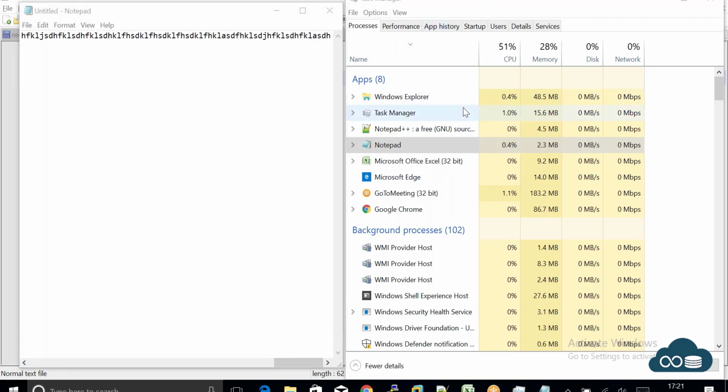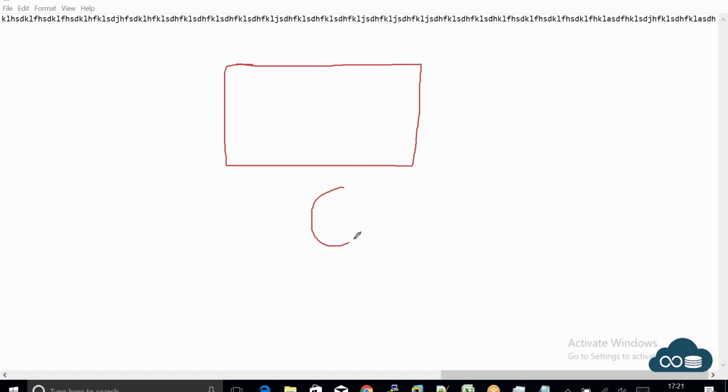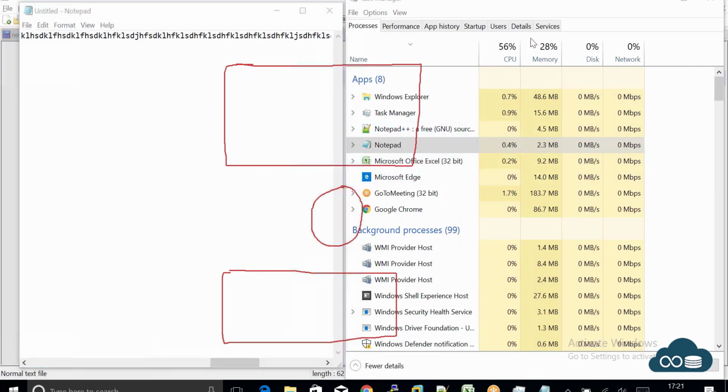Did you observe that? What has happened? This is what happened. You have your memory, you have your CPU, you have your hard disk. And I'll do one more thing. See here, as we have seen, this has fluctuated when I tried typing something. This has not altered. This is my disk usage.